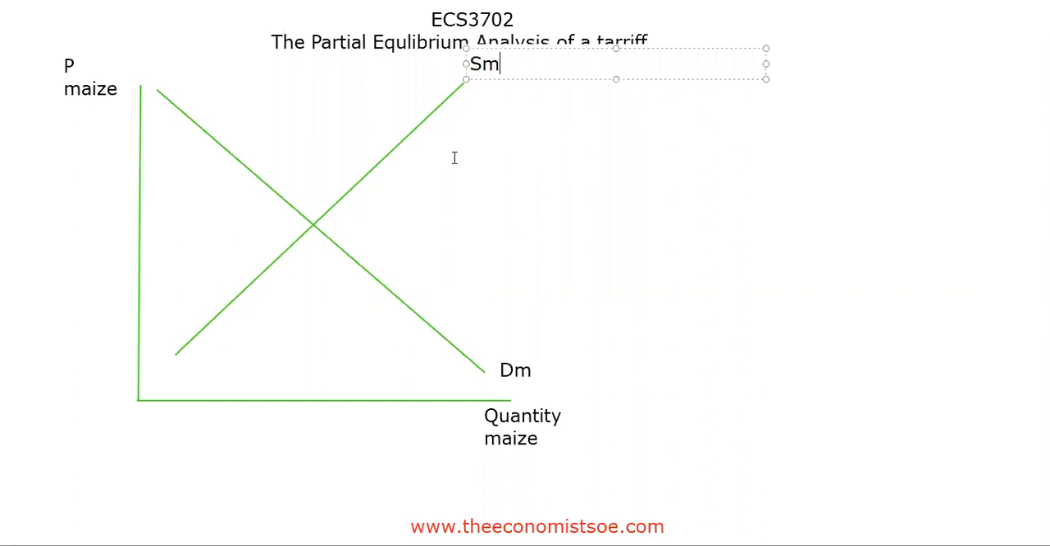Okay, so now we want to take into account world supply. So this is world supply of maize before the imposition of a tariff. So what does this mean? This implies that